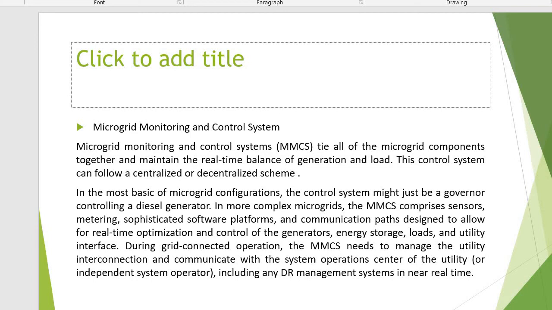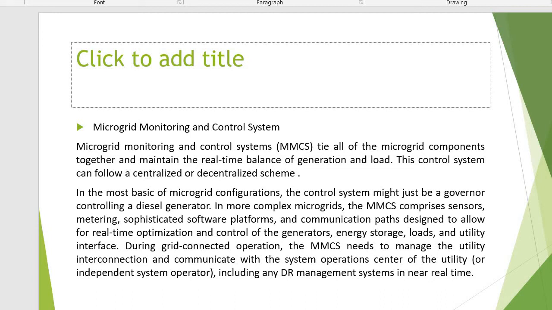And during grid connected operation, these control systems need to manage the utility interconnection and also communicate with the system operator center of the utility or independent system operator, including the DR management system, that is, demand response management system,